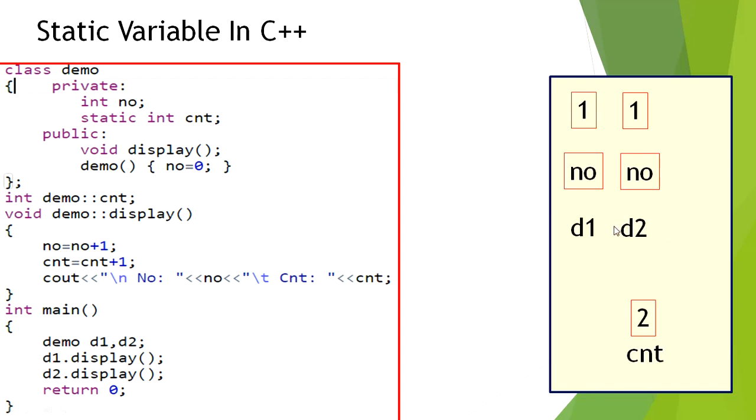So this is one of the properties of the static variable, that count is not having a local copy with the distinct objects.